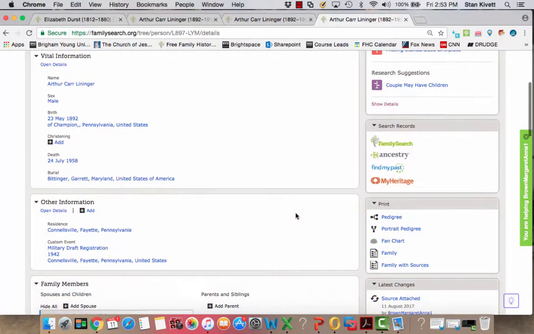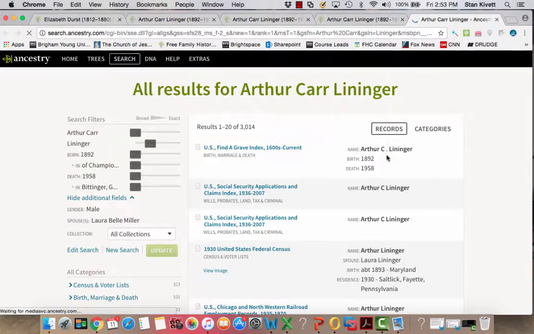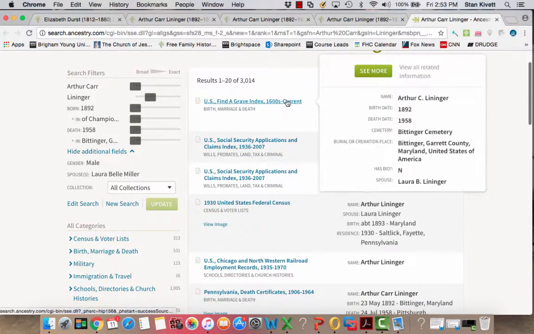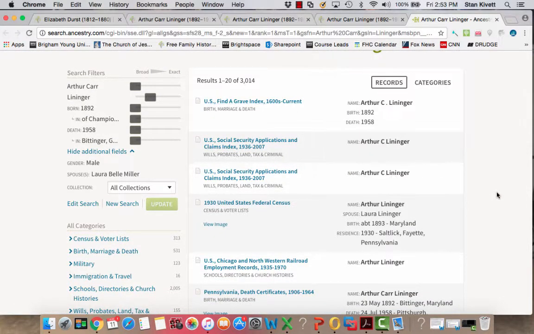So my other hope is to go to one of these partner sites or to Family Search itself and see if there's other records that are there. I'm going to click on Ancestry. When Ancestry opens up, it uses the information that I have about Arthur and conducts searches of its records. Ancestry has more records than Family Search does, and so I've already attached a Find a Grave source for Arthur,